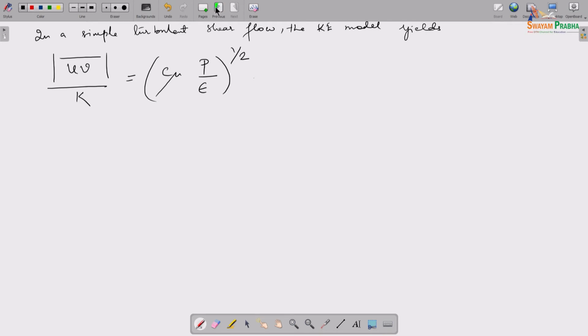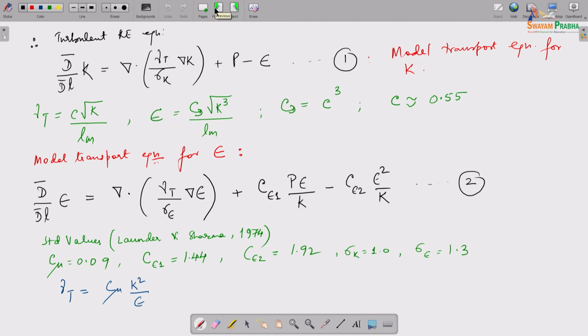So, essentially, we are basically saying we have these two equations, right. Okay, let me, okay. So, we have essentially this equation, right. This is the model transport equation for K, and this is the model transport equation for epsilon, right. So, these are the two equations which are solved in a K epsilon model, right, turbulence model, and